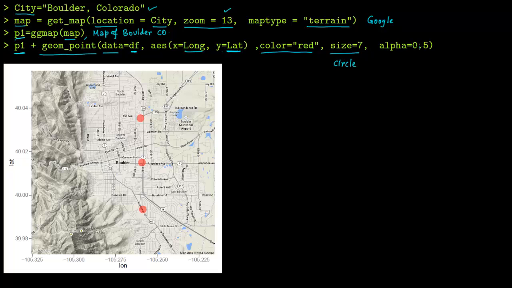And this is the intensity. If you make it say 0.7, this will become darker red. Now you can clearly see that we have been able to plot our coffee shops. And that is how you can plot different coordinates on a city.